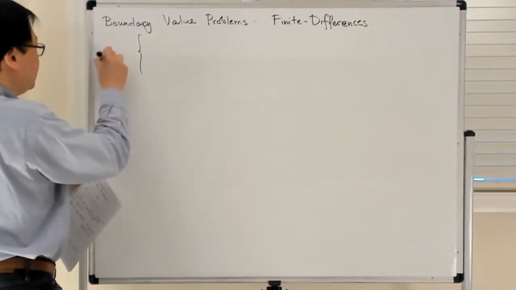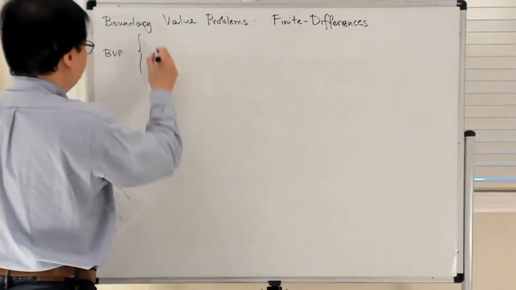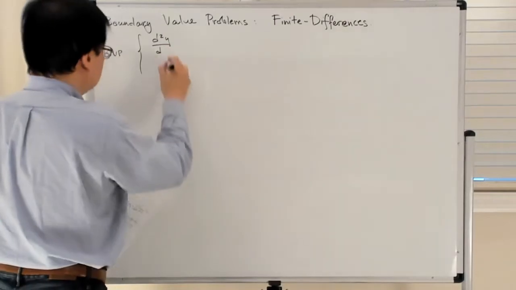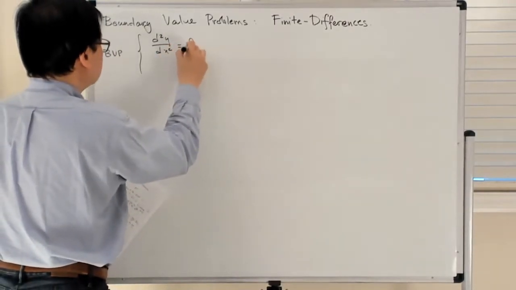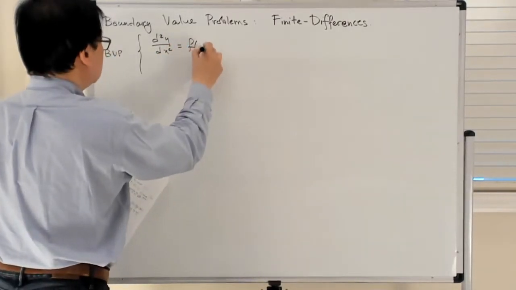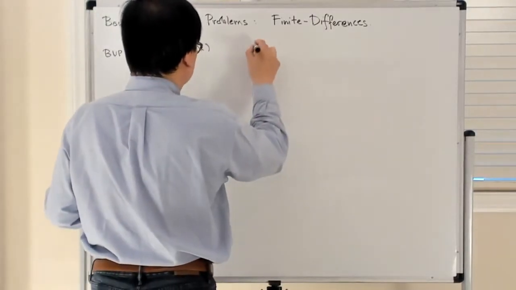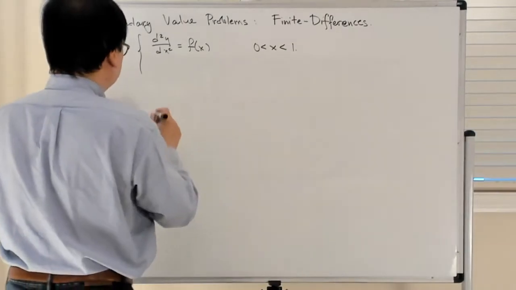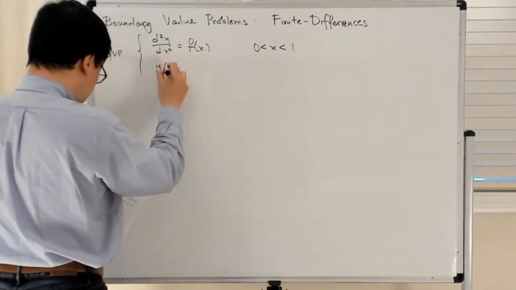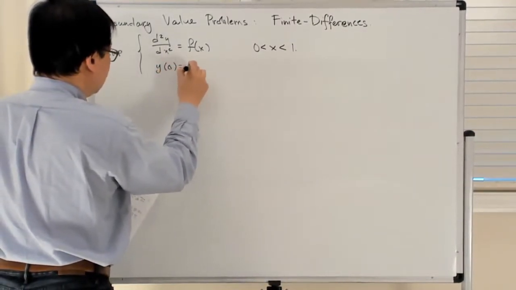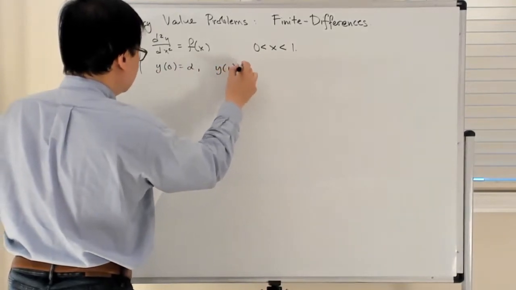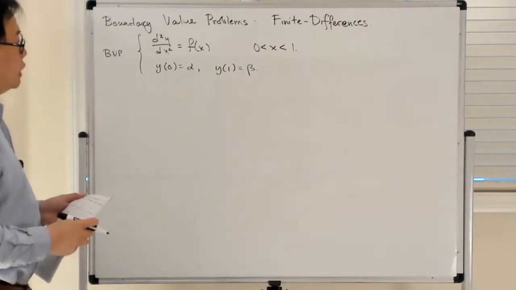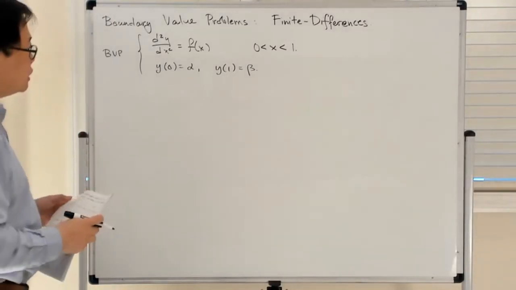So you have a boundary value problem of the form of a second order differential equation over some interval, say from 0 to 1. And you have boundary conditions, y at 0 is equal to alpha, and y at 1 is equal to beta, for example. And then what you can do, of course, is you can consider some sort of partitioning